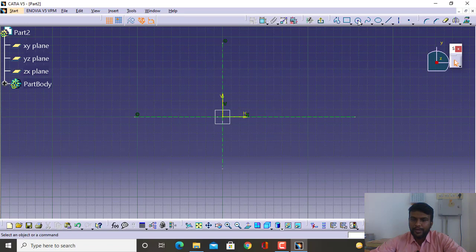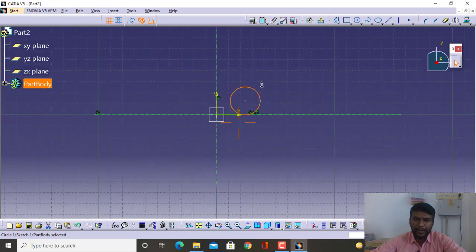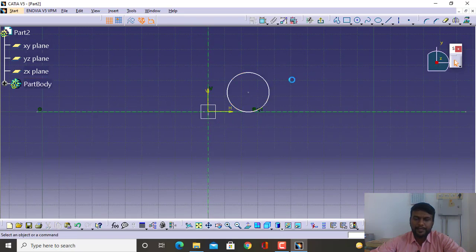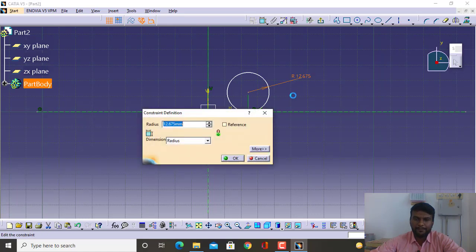So let me begin. First, what we will do is draw a circle here. To zoom in, press the control button, scroll button and move the mouse. Second thing is, for the first diagram, we first define the dimension. Why we do this is because once we define the dimension for the first diagram, all the other next features will be in proportion with the given dimensions. That is the basic idea behind parametric modeling. Parametric modeling is nothing but parameter based modeling. The parameters are the dimensions.